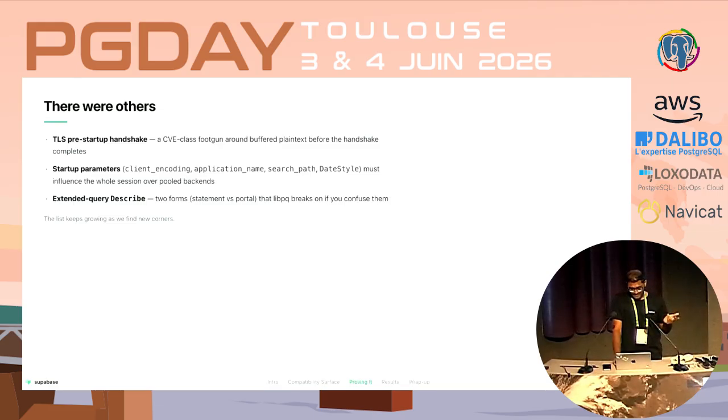There are other corner cases like the startup params for client encoding, search path, time zone, etc. And the extended query protocol's Describe message has two different forms, one for the prepared statement, one for the portal, that Postgres answers differently, and so on and so forth.